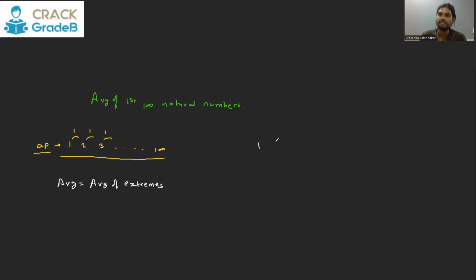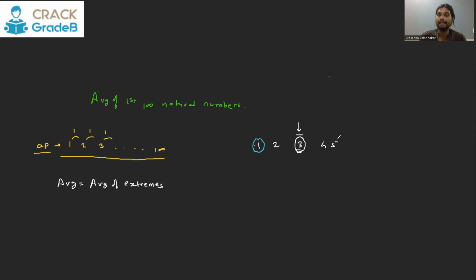For example, if I say what is the average of 1, 2, 3, 4, 5? There are 5 numbers, 1, 2, 3, 4, 5. What is the average? So obviously the average is going to be the middle number, that is 3. If you do the sum 15 by 5, that is of course 3. But otherwise also, average is the central tendency. And if the numbers are in arithmetic progression, the central number is going to be the average. But if you can't figure out the central number, you can just check the average of the extremes.